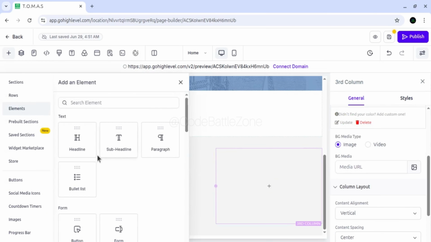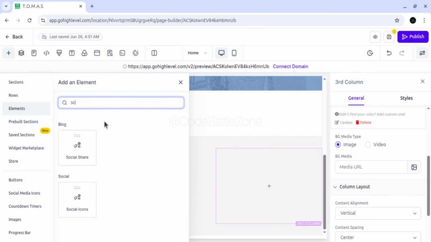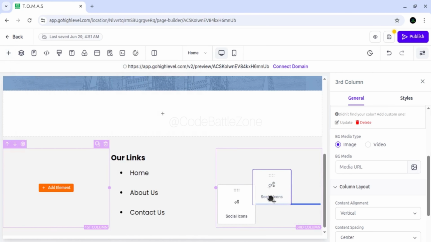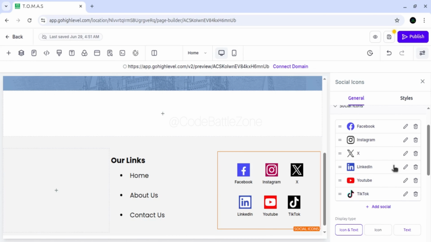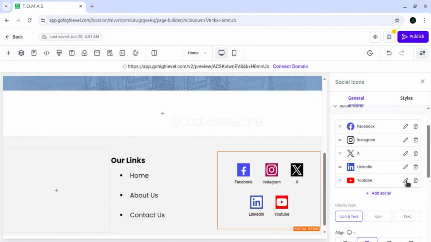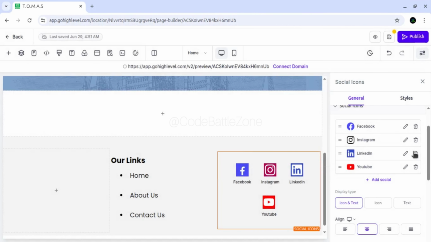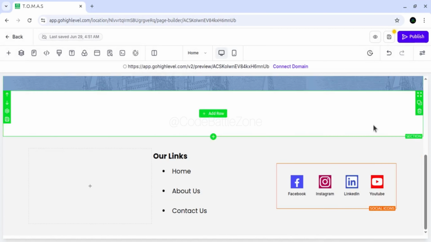Here you can use the social icon. See the social share for blog, social icon for the web pages. Here are the icons, they appear by default. Here you can manage them. Delete TikTok, delete Twitter. Okay, see,